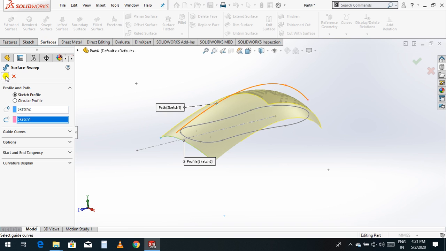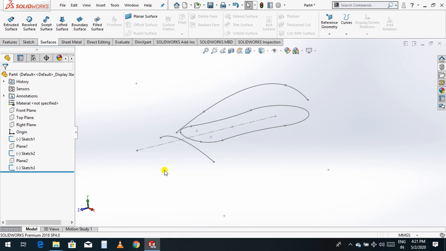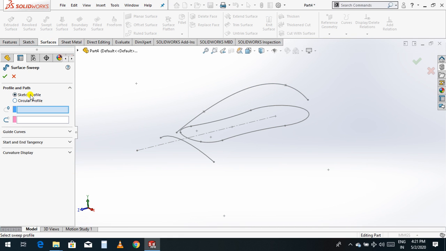Okay, select. Sorry, go back, go to surface and select the sweep surface.